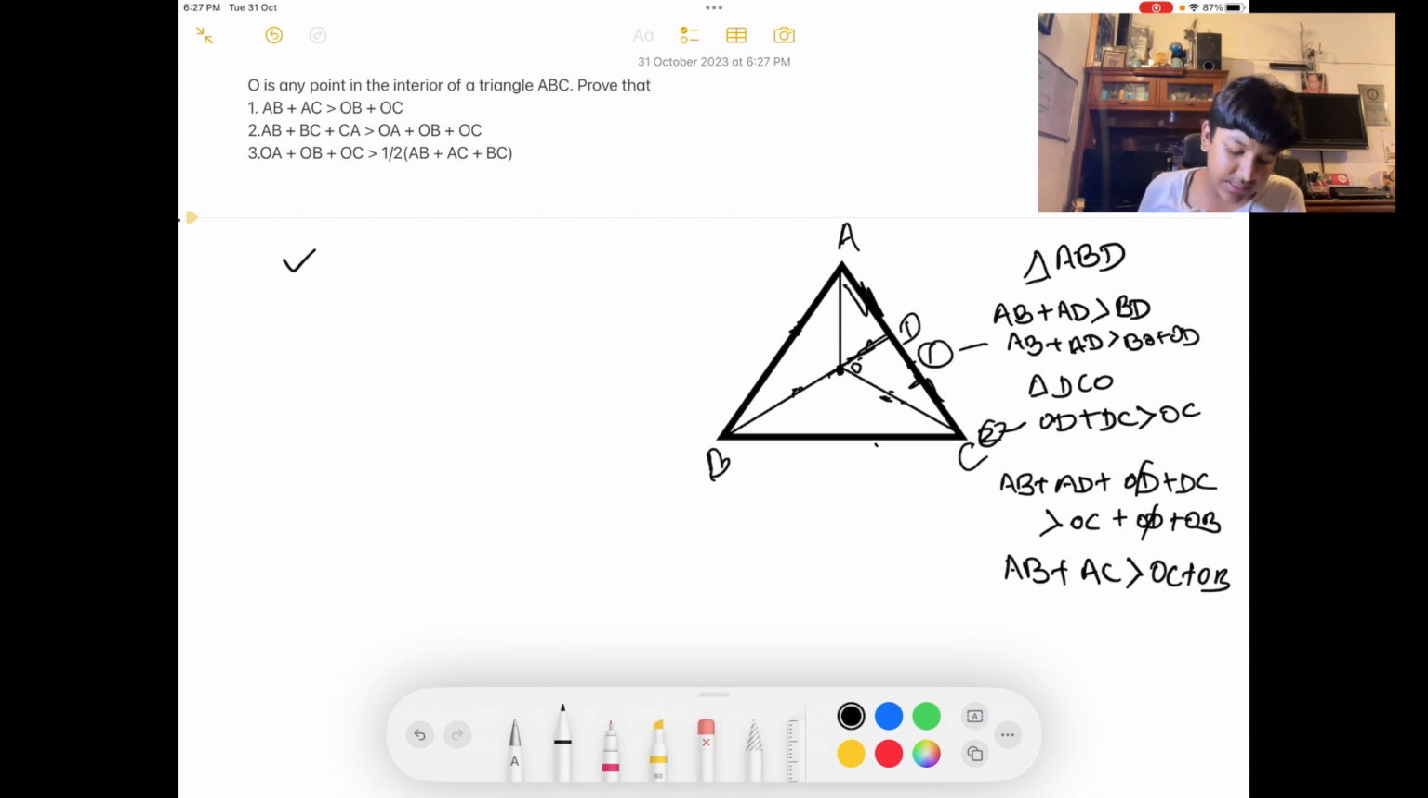Now the second part is saying that AB plus BC plus CA is greater than OA plus OB plus OC. Now this may look complex, but we have already proven more than half of it. We have shown that AB plus AC is greater than OB plus OC. So we just have to show that on the left hand side BC is being added, and on the right hand side basically what is being added,